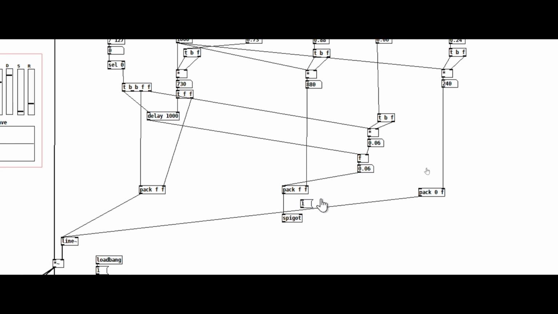And a 0, turn it off. When the attack comes through, we need this spigot to be open. So it's connected to the 1. That means the note's been pressed, so the spigot should be open, ready for the attack to come through. But if a 0 comes through,